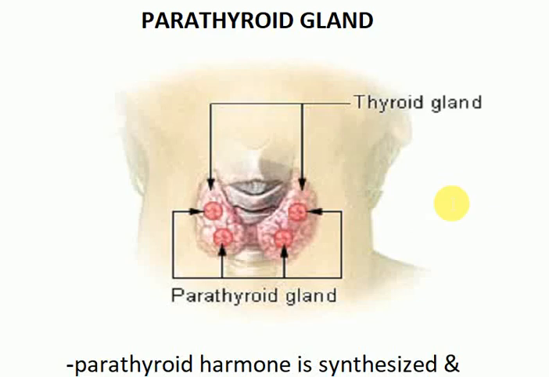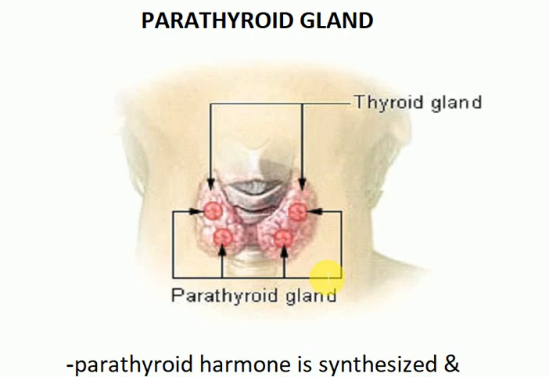Hello students, today's topic of discussion is the parathyroid gland, another important topic from the chapter of endocrinology. The parathyroid glands are four in number and located just behind the thyroid gland as shown in the image. This is the thyroid gland shown in pink color, and these are the parathyroid glands shown in red color. The parathyroid gland is an important major gland that is involved in the regulation of calcium